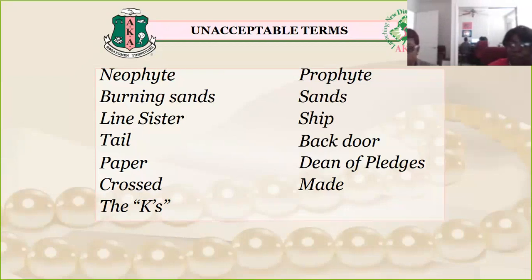Also, Sorors, we know that, again, lines and line jackets and line numbers only exist in undergraduate chapters now. So if you are a graduate member or were made in a graduate chapter, be sure that you refrain from wearing your line jacket, things with your line name, your line number, on them at regional conferences, Boulés, leadership conferences, and any other official business meetings.